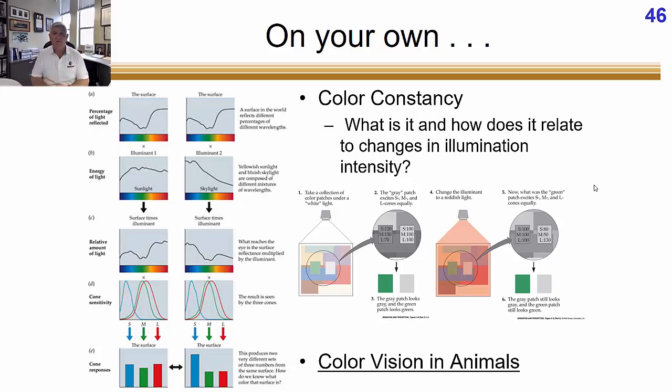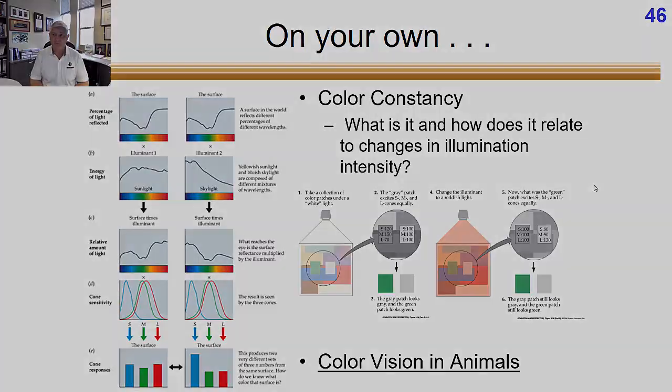The other section I want you to work on in the textbook is color vision in animals, right? So we just saw in that last video that birds have 4 cones and can see ultraviolet light. There are other animals that can see the other side of the spectrum, can see infrared light. Right? So we're going to watch this last video, and then I'll have an Edpuzzle question for you. We'll watch this last video on color vision in animals. Right now, there are animals out there seeing colors that you cannot even conceptualize. Biology is crazy unfair sometimes.